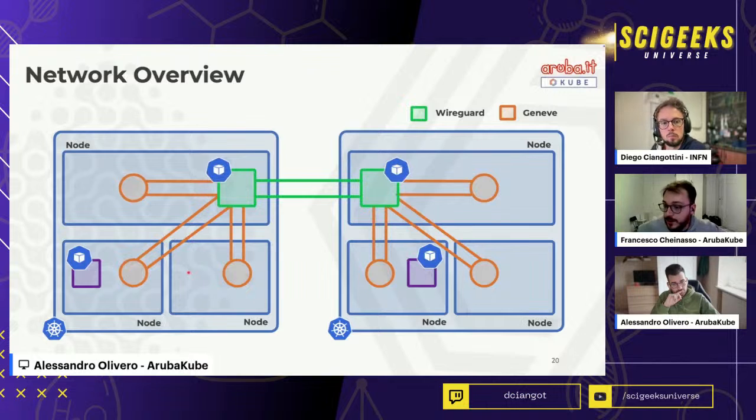This is necessary because we encountered some problems with the CNI, because in Kubernetes the CNIs are responsible for everything related to routing and firewalling on the nodes. So if we try, for example, to add a routing rule that says all the traffic that must go from